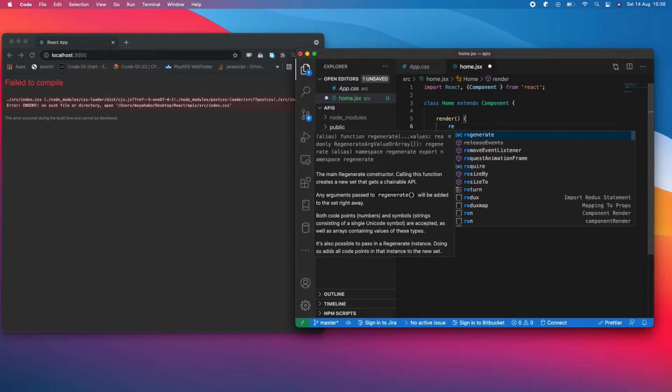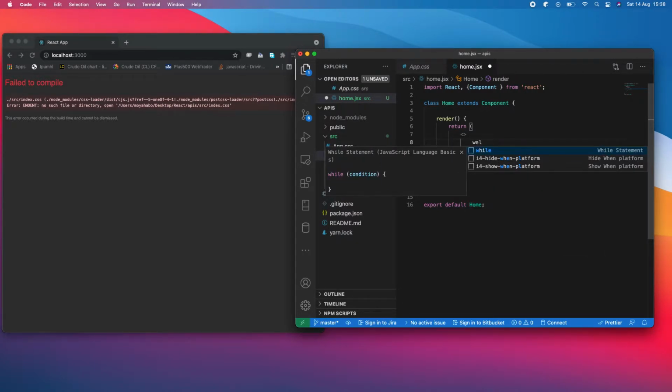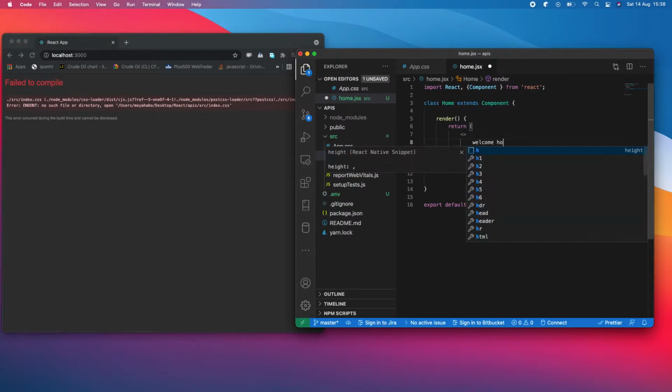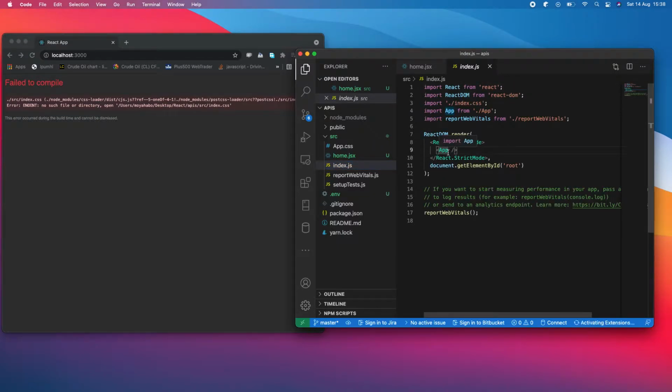Then we return items inside our class. We can say welcome home. So we have welcome home. Then we can go here, and then we want to return home. We want to display home